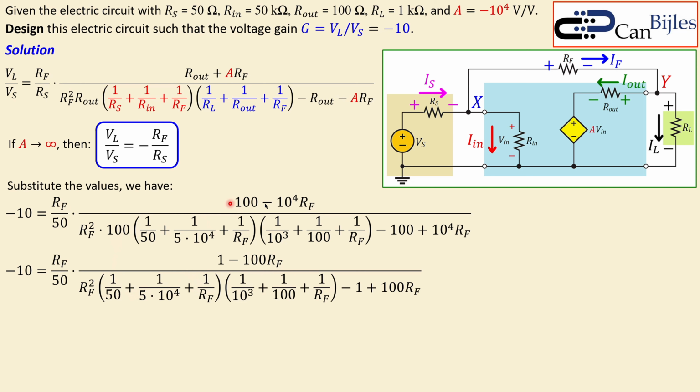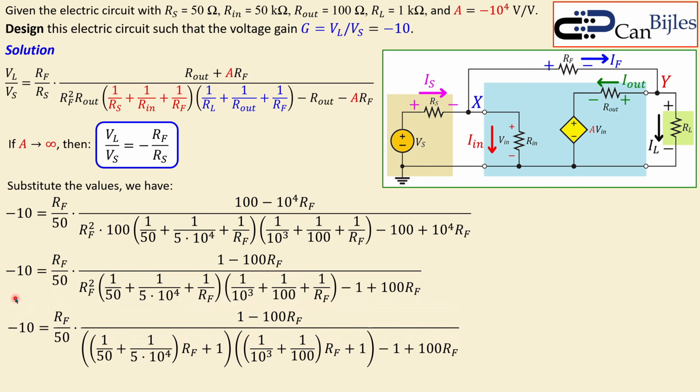First actually divide by 100. So you get 1 minus 100 RF. So you actually also do that here, so you get a little bit simpler expression. And now we can move on and say, okay, let's then also substitute this RF squared here in these two